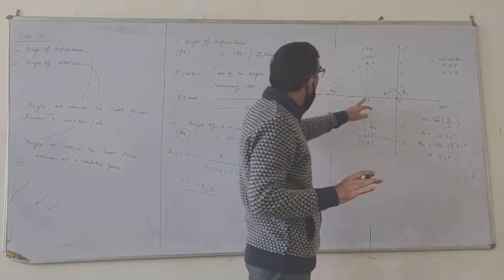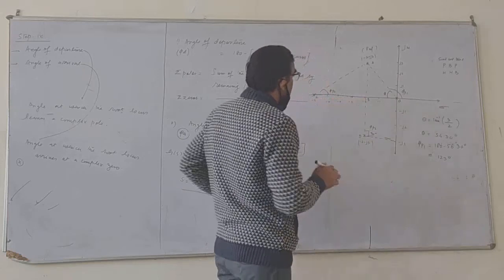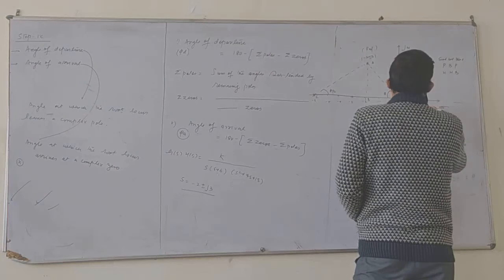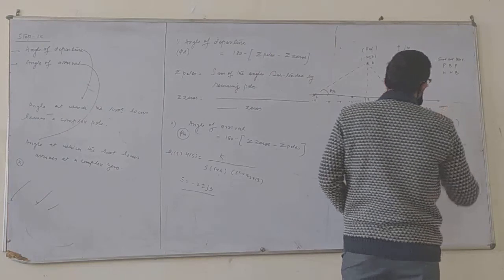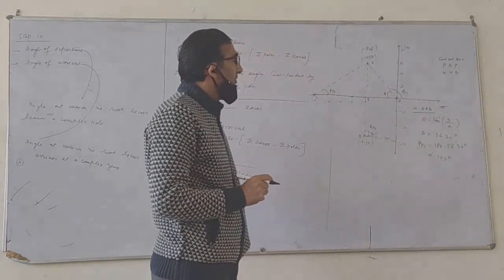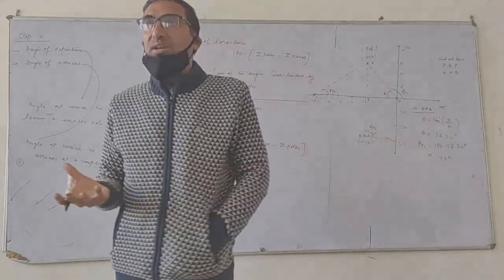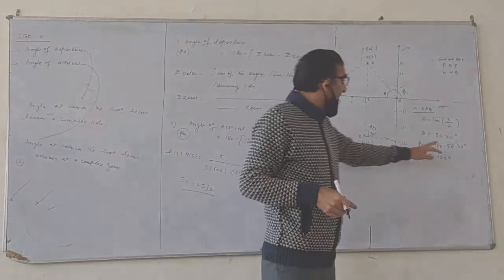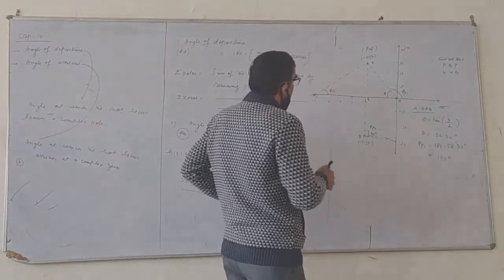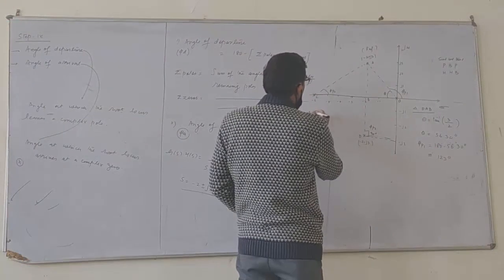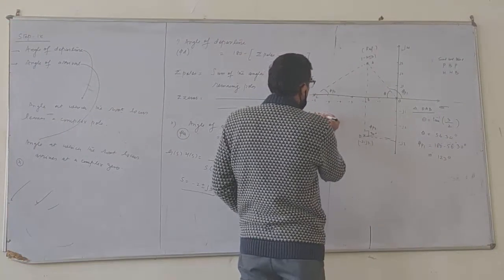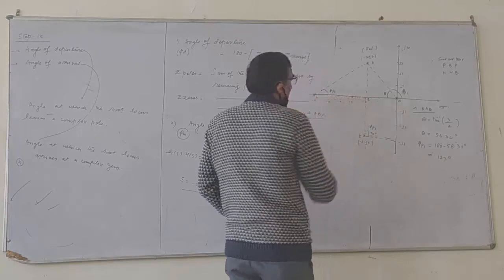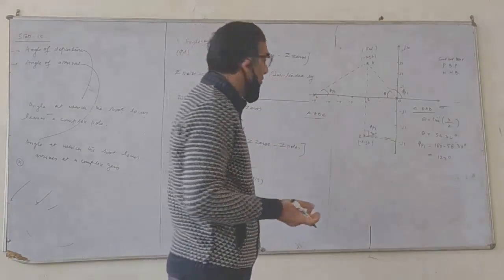Now calculate this angle, considering the triangle ABC. This was triangle OAB. From OAB we have got theta, and then phi P1, we know that the sum of supplementary angles, that is a straight line, is 180 degrees. So we can calculate out of that, 180 degrees minus theta is approximately 120. Now second, considering the triangle, which triangle? ABC. In ABC, how much is the magnitude from here? 1, 2, 3 and 4. Very clear. From minus 2 to minus 6, the magnitude is 4.